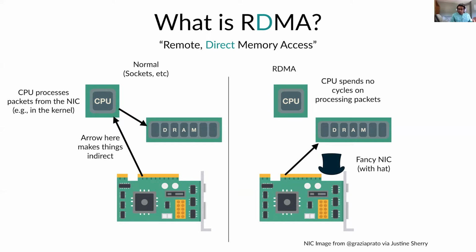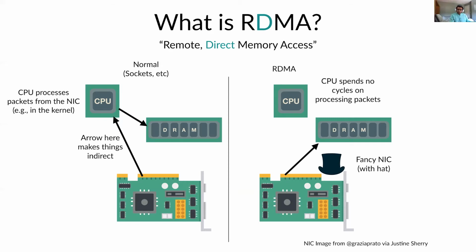And now we have RDMA. With RDMA, you buy a special NIC, which knows how to talk directly to memory without involving the CPU at all. This has both upsides and downsides. The CPU, which is slow compared to NIC hardware, doesn't need to spend any time processing packets. It can just tell the NIC, when another server has something to send us, just put it in this designated piece of memory, and I'll come read that piece of memory later. So from the CPU's perspective, data just sort of magically shows up in memory when other machines send things to us. The main downside of this is that you need this fancy NIC,